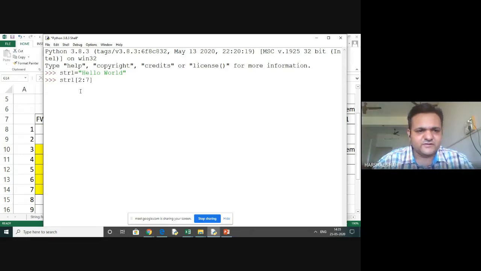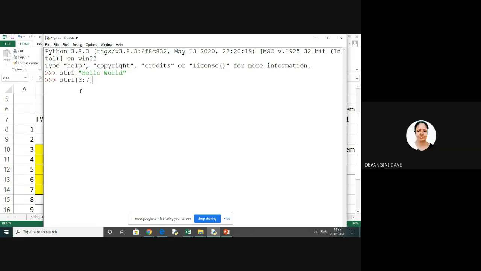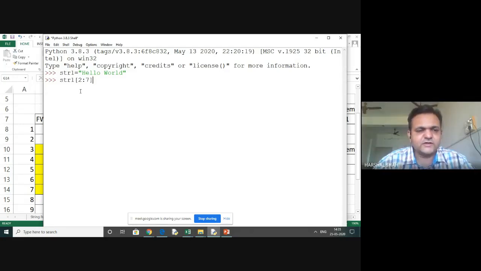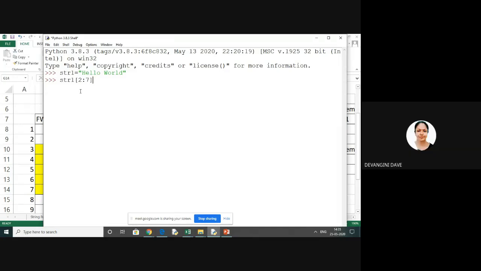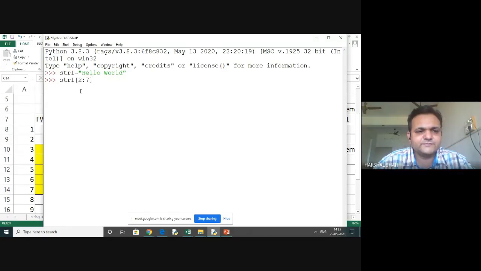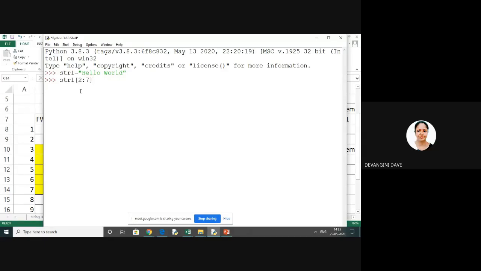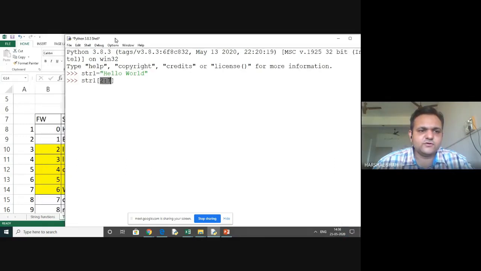What will be the result if I fire this command? I think we want the particular characters from position 2 to 7.